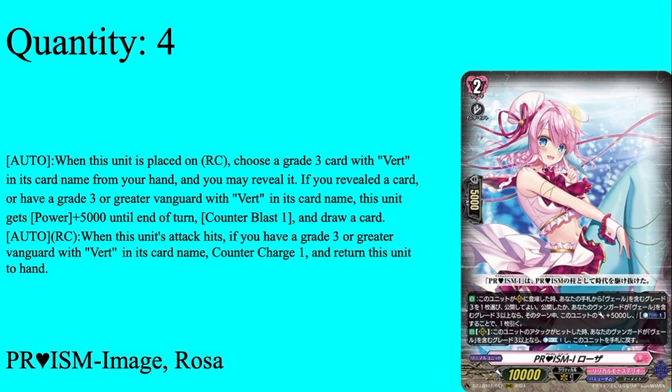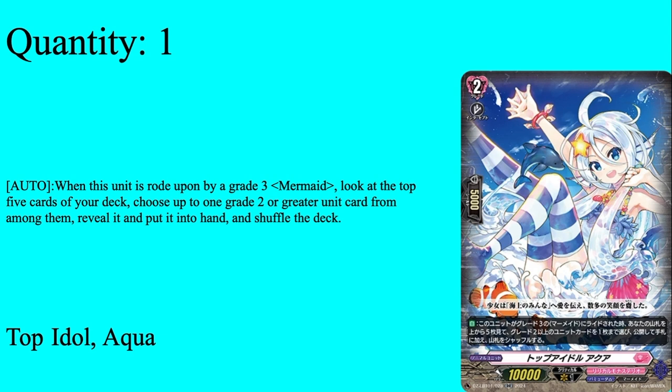Aron Rosa is a very solid grade 2. I like her skill a lot, adds hand cards, adds resources back. What I like about her? Easy 4 of. Then we have 1 copy in the ride deck of Top Idol Aqua, grade 2 and 5k